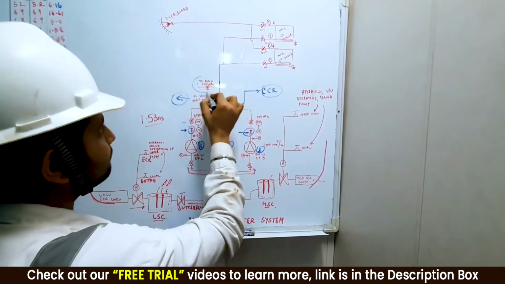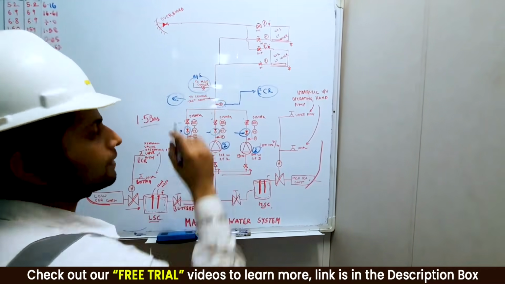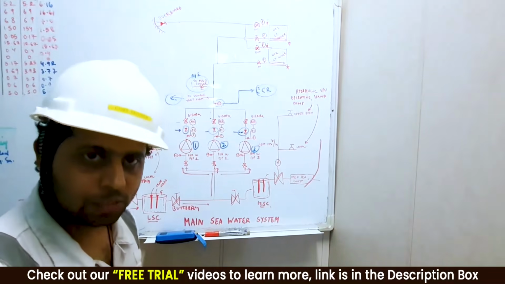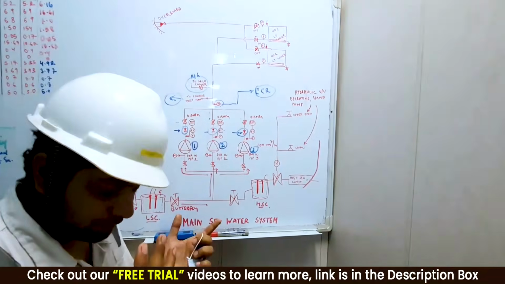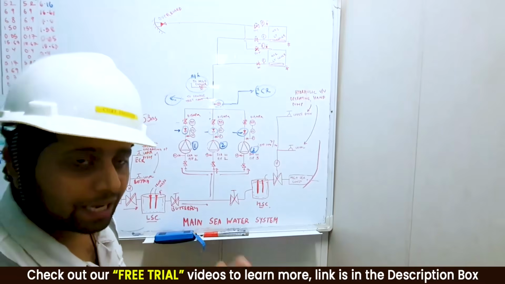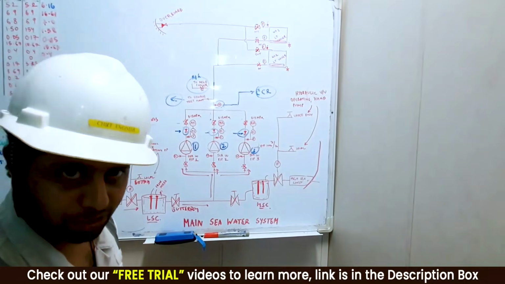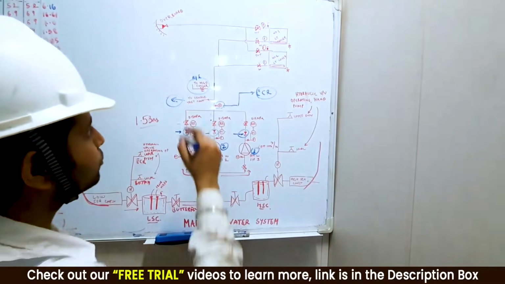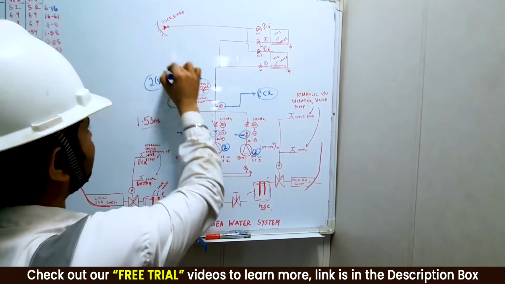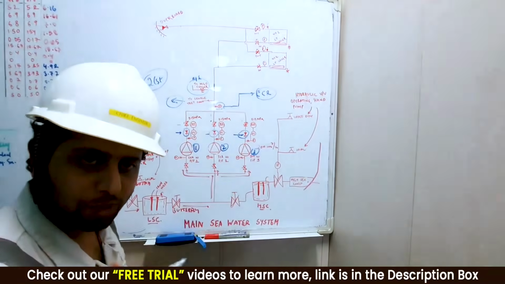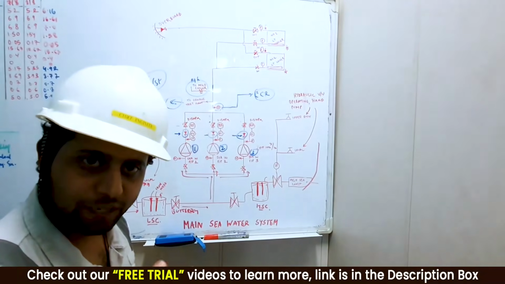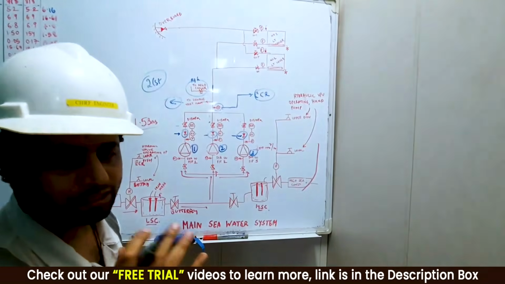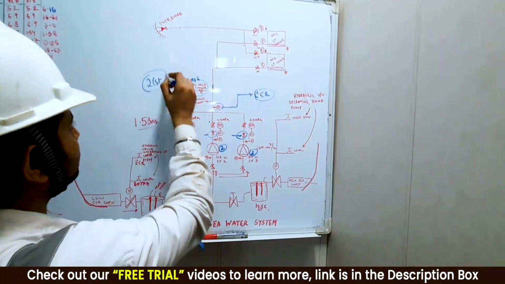Another line is given for the MGO cooler. This is the main engine MGO cooler. When we change over the main engine to LS MGO from VLSFO, then we put this MGO cooler in use so that the viscosity of the LS MGO is controlled. The temperature is on a lesser side, and viscosity is more than 2 cSt in any case. So the MGO cooler cools down the LS MGO with the seawater and reduces its temperature. Copied, guys? It is very, very important so that viscosity is in a normal range. It should always be more than 2 cSt.